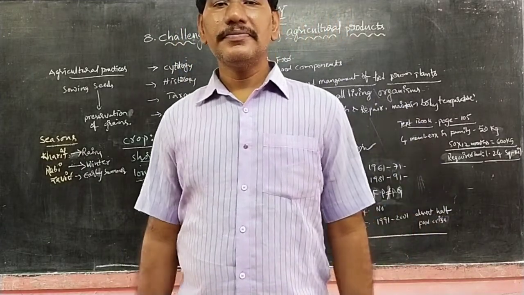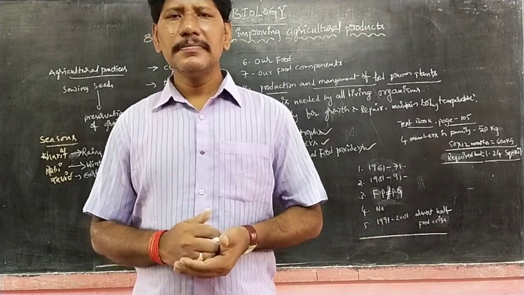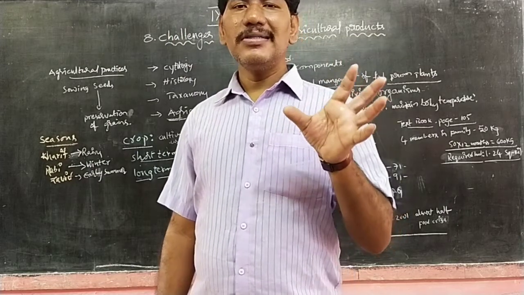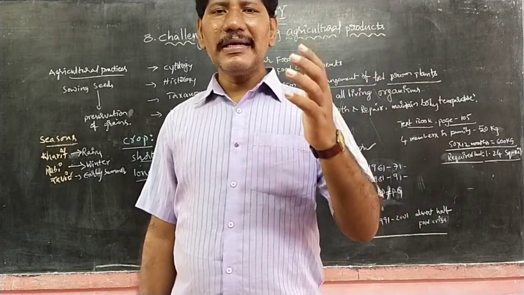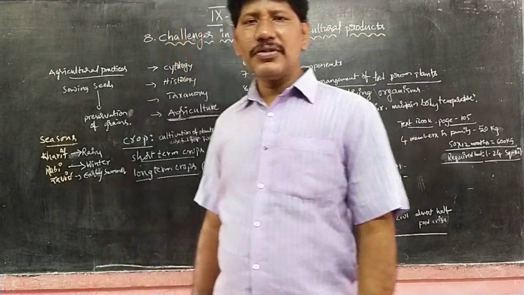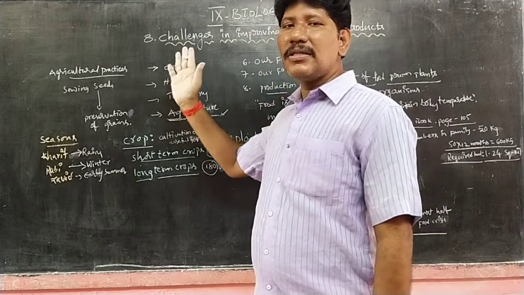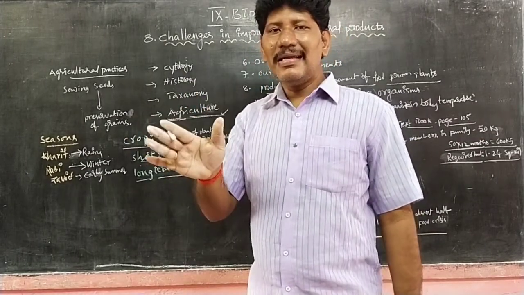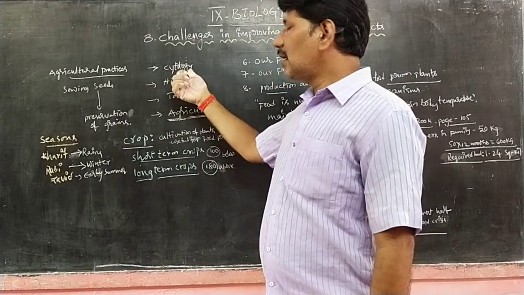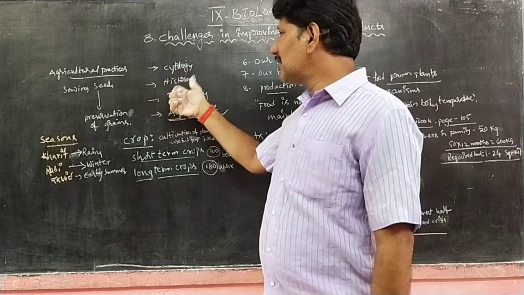Let us come to ninth biology. Regarding ninth biology, so far we discussed chapters 1 to 7, which are entirely different from one another. Is that clear, children? Of course, the first 4 chapters are correlated. Why? Because they discuss the cell and groups of cells. The study of the cell we call cytology or cell biology, and the study of tissues we call histology.